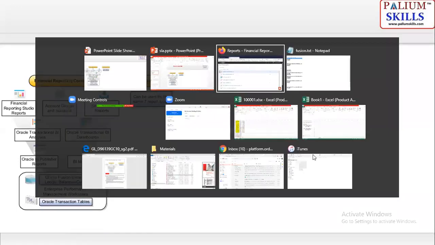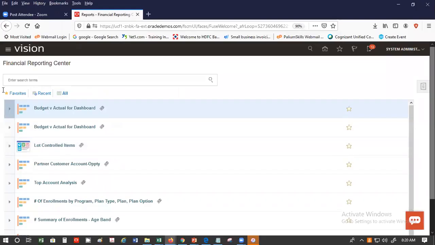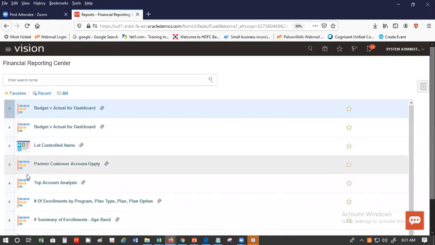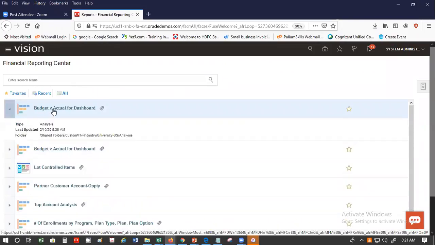So if you go into the application now, you look at this, this is the budget versus actual for dashboard, budget versus actual lot controlled items. Each of them is different. If the image changes, you will know what type of report it is. So this is budget versus actual. It's an analysis kind of report. So if we click on this,